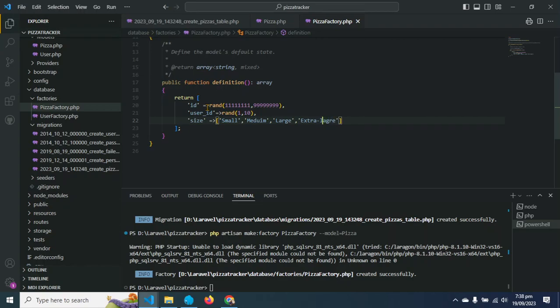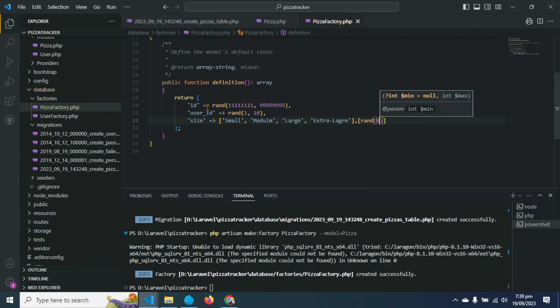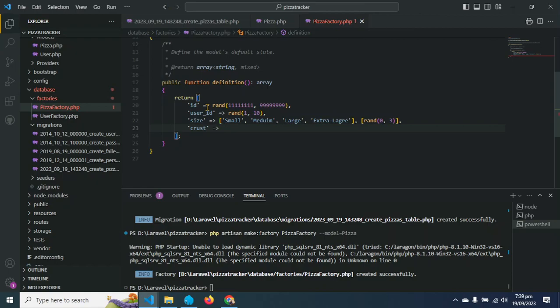Okay, extra large, and we will create it using our random function, 0 to 3. That's for the size, and then we will have crust, and for the crust we will have